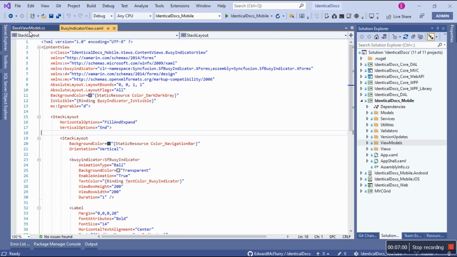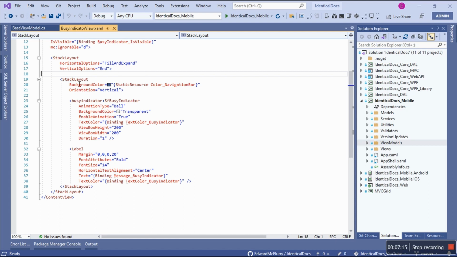How? Not every page, but wherever there is need for this base view model, how does it know about it? So we have the same thing, which is a stack layout container, a parent container, and then we have a child container, which is a stack layout, and then we have the basic stuff, and then we have the actual